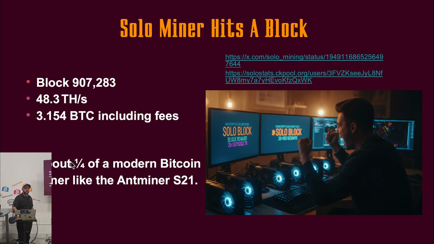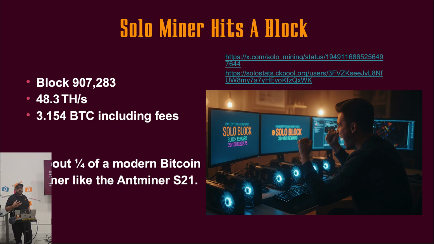This miner had 48 terahash, which, you know, it's not as small as Bitaxe's, but this is about a quarter of a modern Antminer S21, which is about 200 terahash. 50 terahash, that's half of the S19s that we're using in this other room or that we've given away. It's like a $300 miner. So a very, very small